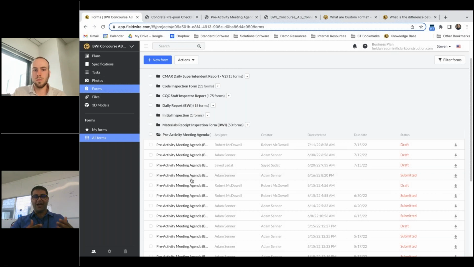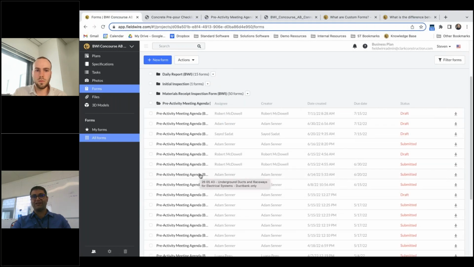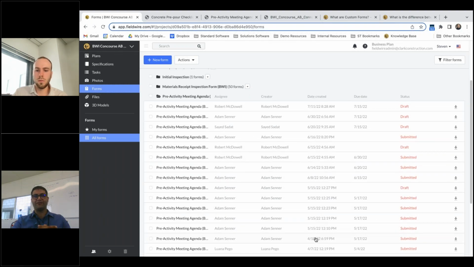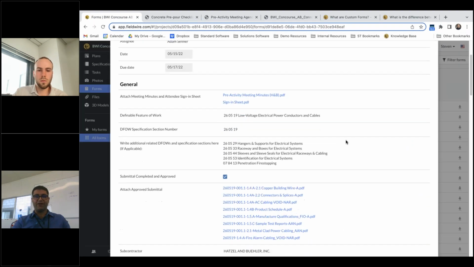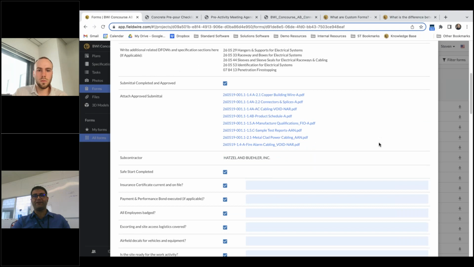Then after we understand that all the processes prior to the construction have been addressed and completed, we send out an invitation to the owner's representative for the prep meetings, or pre-activity meetings as we call them here at the BWI, which cover an enormous aspect of the shop drawings approval, the permits, safety standpoint, and all the environmental issues that we have.